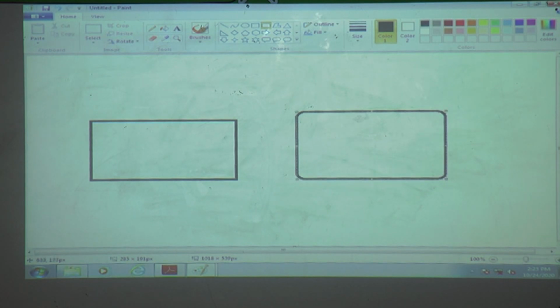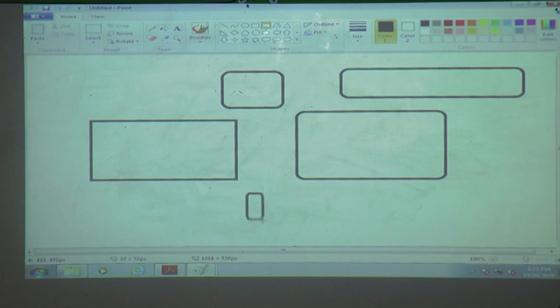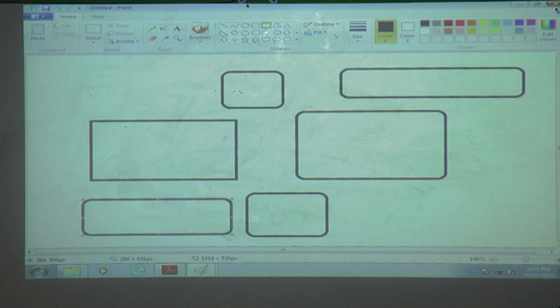This is also a rectangle, this is also a rectangle. But what is the difference? The corners are only curved. Corners are only rounded. And here corners are not rounded. Only the difference is that. How to draw the square and how to draw the rectangle? The procedure is the same only, but how it is looking is different.